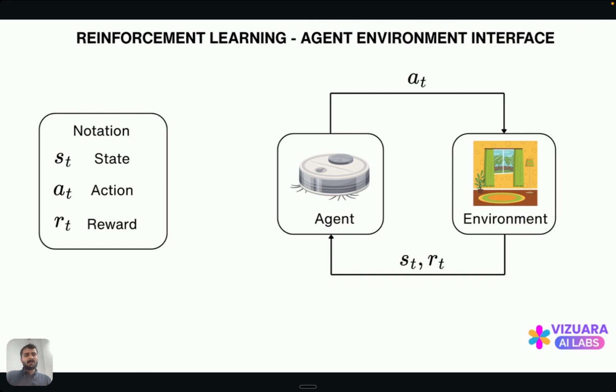Imagine if I am a chess player and I'm making a move, then I am the agent and my action is the move that I am making. And the state is the current configuration of the chess pieces on the board. And the reward depends on whether I win the chess match or I lose the chess match. If I win the chess match, my rewards are positive, otherwise, my rewards are going to be negative. So this is the agent environment interface, and these are the typical notations that we have been seeing from the